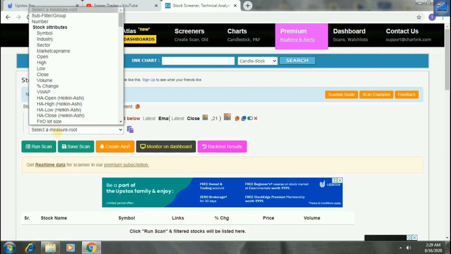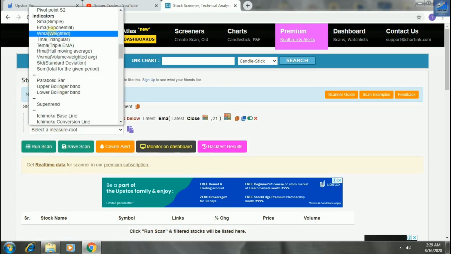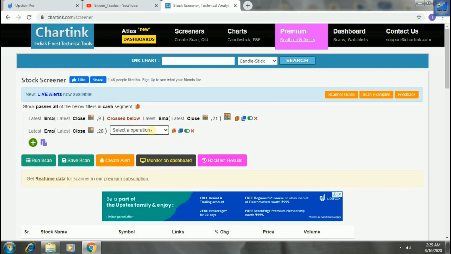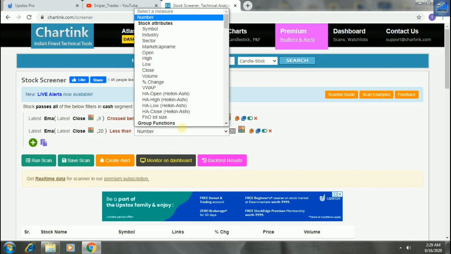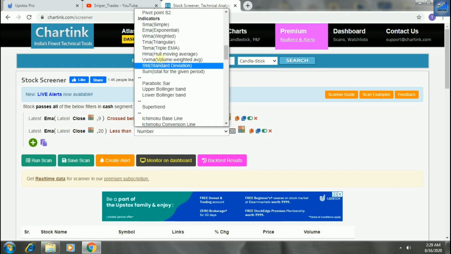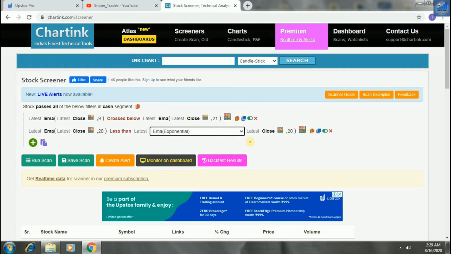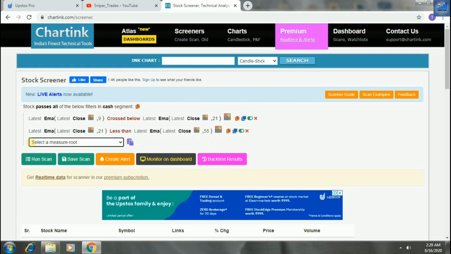Click the plus symbol again, select EMA. The operation is less than. Again EMA here, select 21 here and 55 here, and again as usual